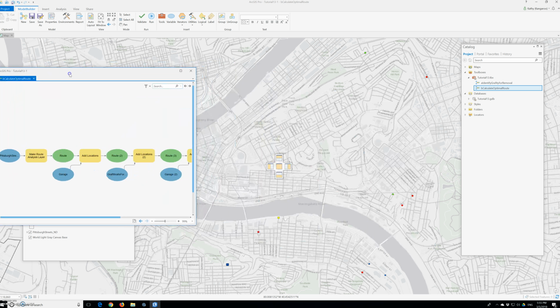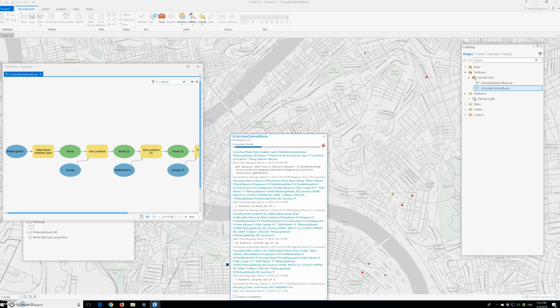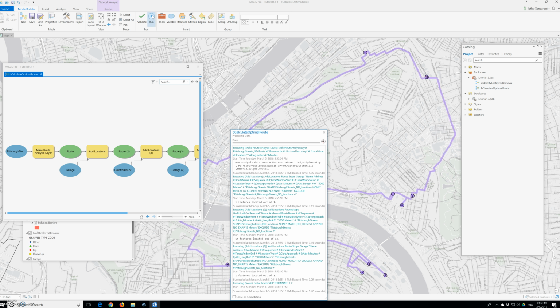Put it on this side, and I'm going to click run. So network analysis found what appears to be a good route for the 8 stops. So perfect. If the supervisor does not like this route for any reason, she can remove it from the content pane and select different route sites for graffiti removal and create a different route with the create route